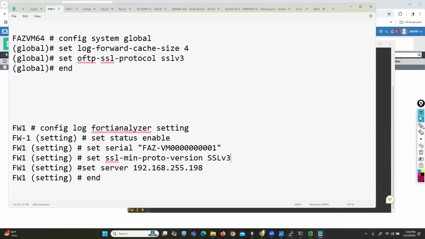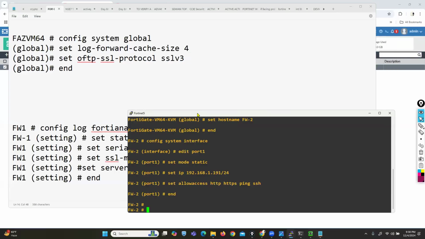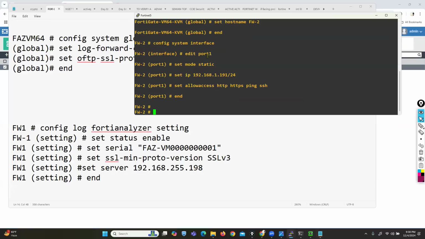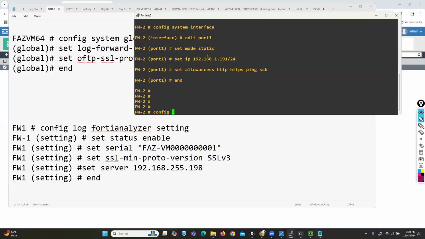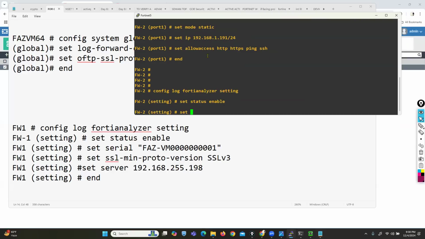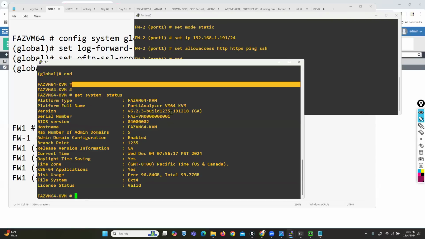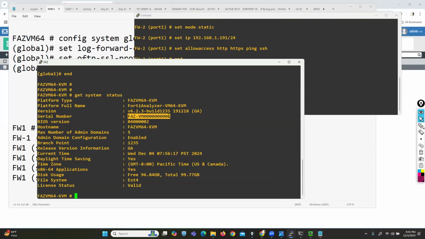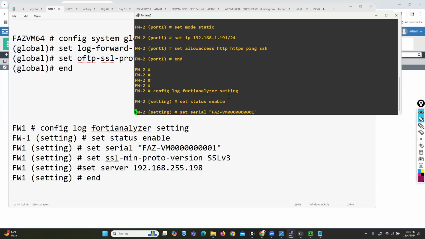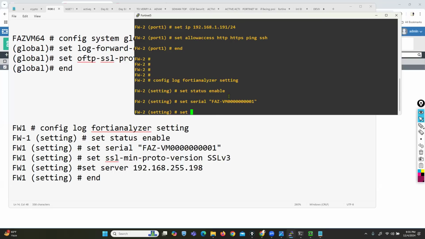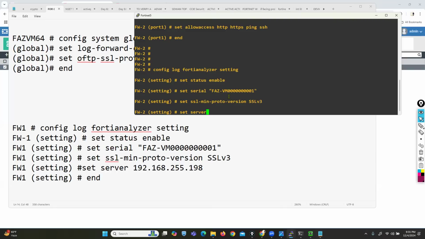I'm sending a registration request from this FortiGate firewall box 2. Config log FortiAnalyzer setting. Set status enable. Set serial number. So we have the device serial number. Let's copy it again. This is the device serial number, so we can copy this. Now set SSL minimum protocol, SSL version 3, and set server